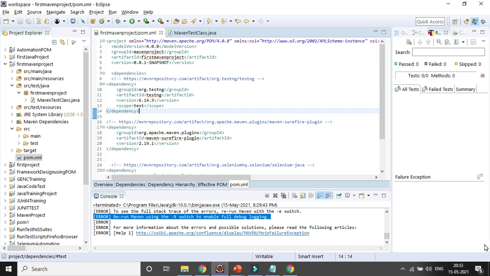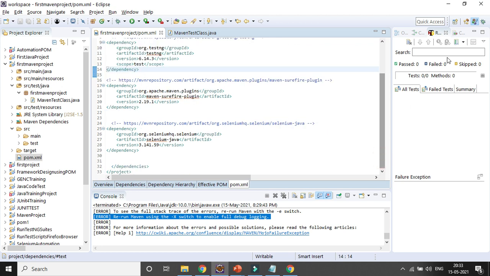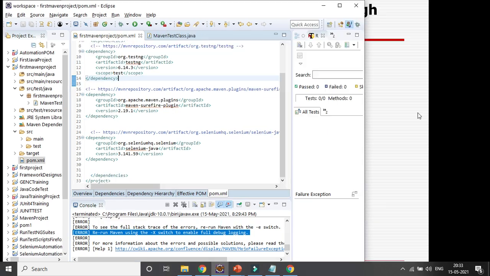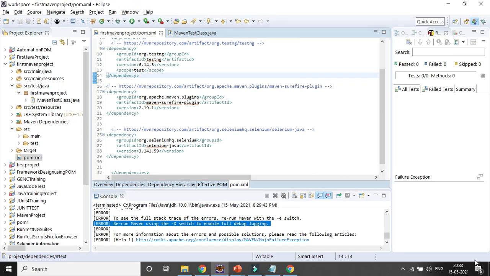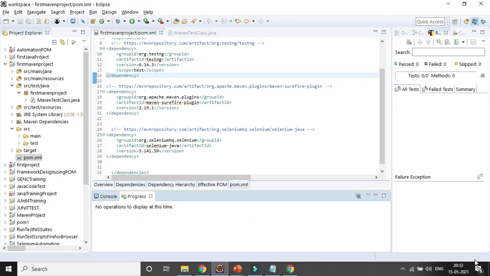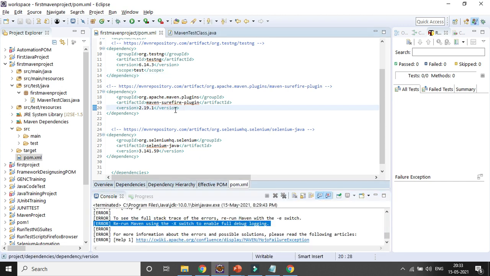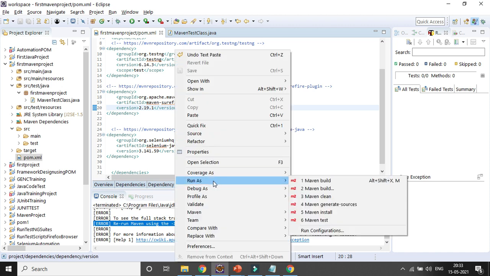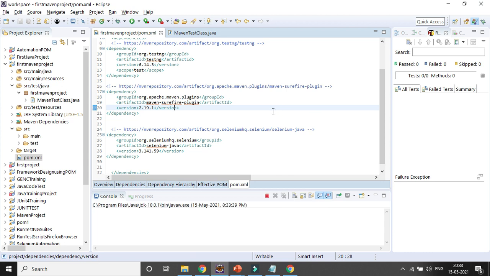No, it is still not running. Let's try to run it one more time. Maven test. In case it is not running, we need to add those plugins as part of the build configuration.